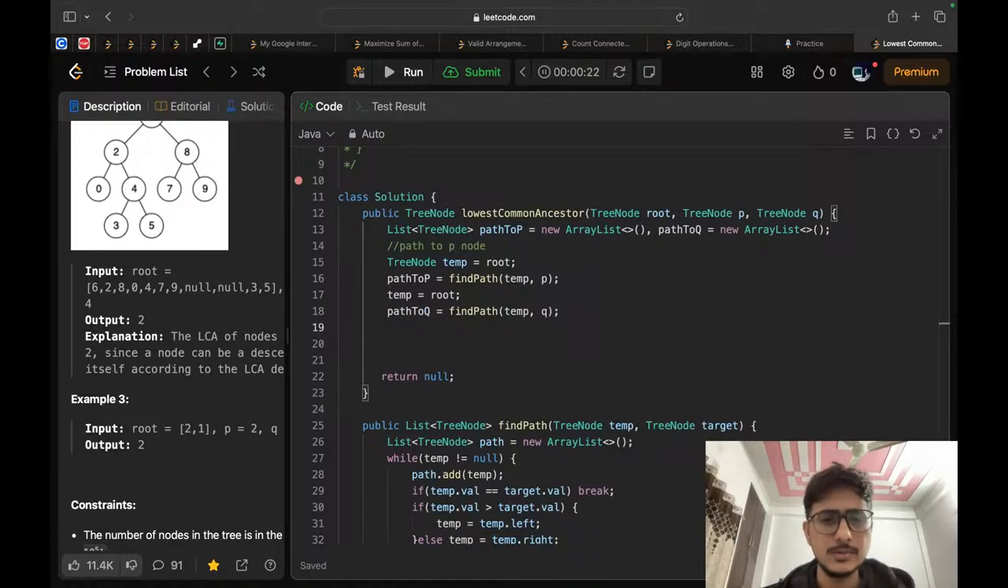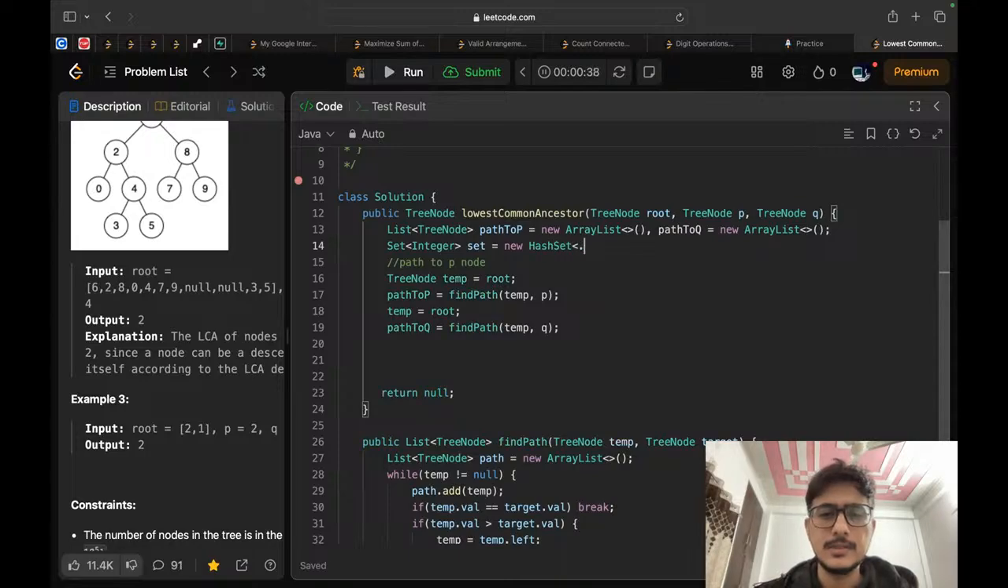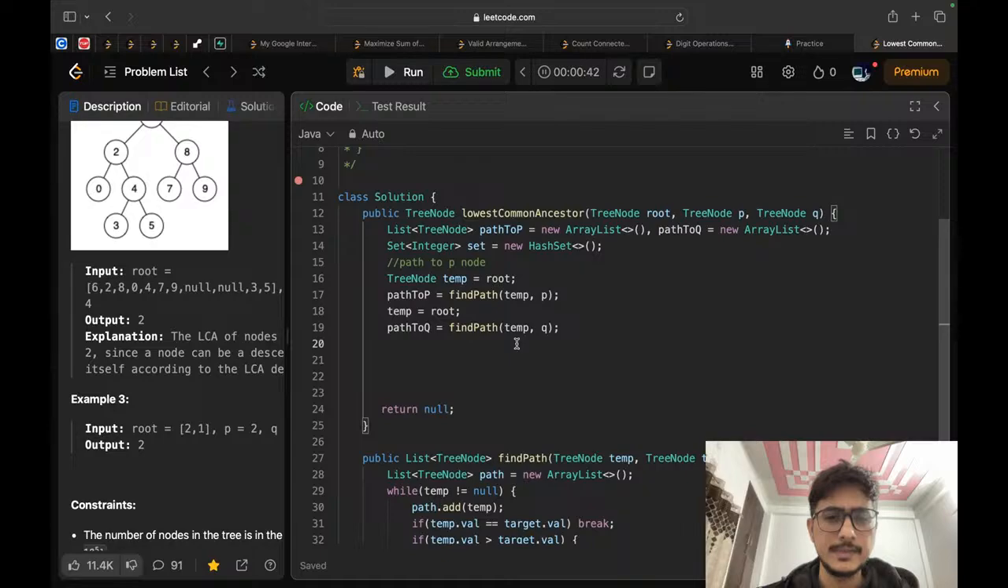Okay, so let's use a set. Let's initialize our set of integers, as our values are unique, so we can use a set. In our set we will add